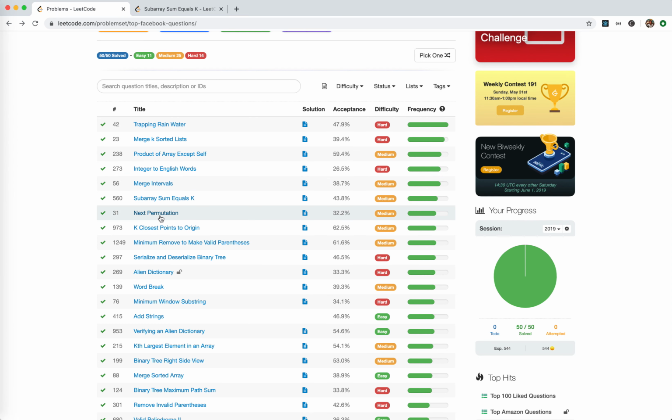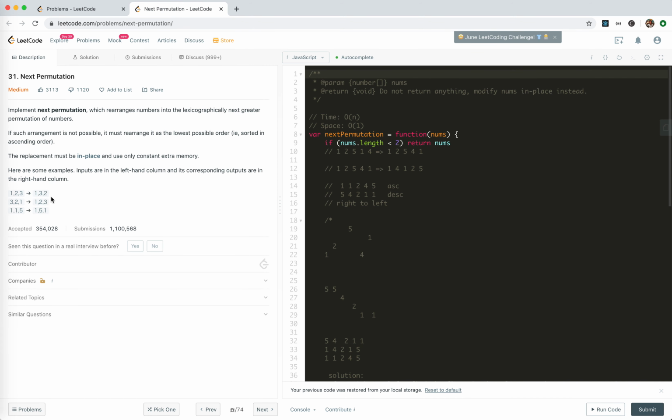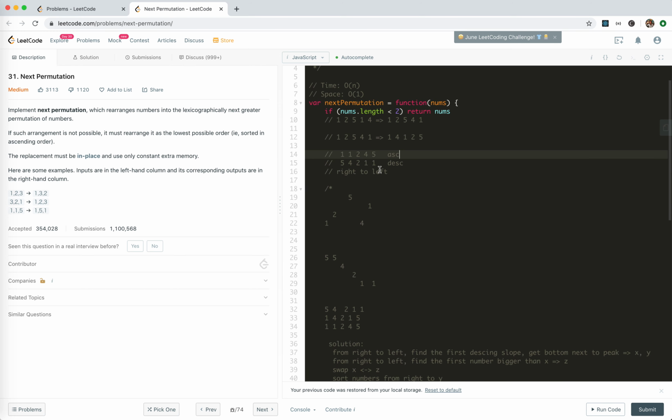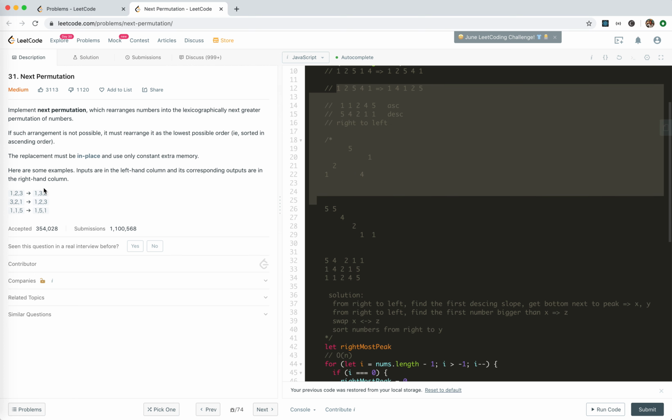Cool. Next permutation. 1, 2, 3 to 1, 3, 2; 3, 2, 1 to 1, 2, 3. Well, it's kind of a difficult analysis here. So the solution is very simple. If you analyze, suppose there is no next permutation, it will be totally descending, right? So the condition for us to get the next permutation